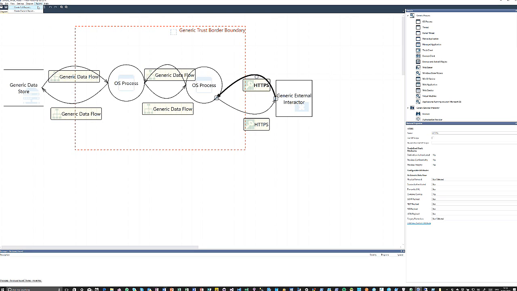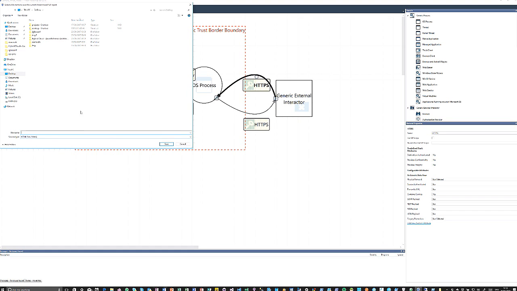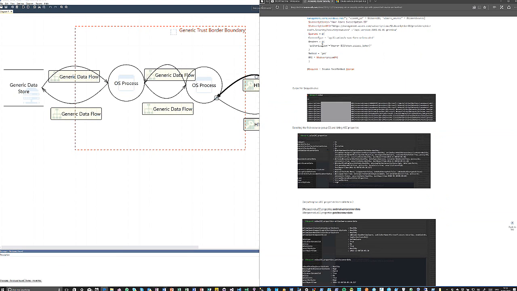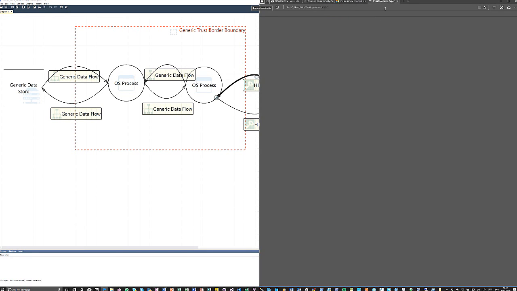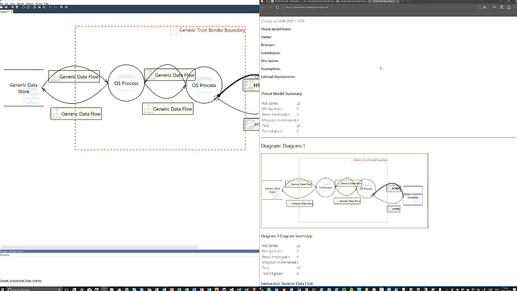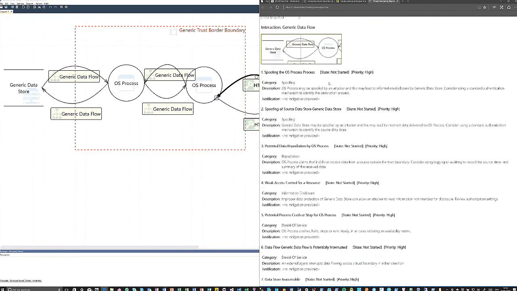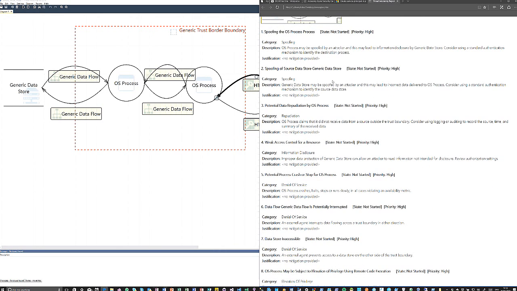So if I just go to reports here, and I create a full report, generate it. I'm just going to put this where all my important data is going, on my desktop. So, demo igloo. If all goes well, it should open it. And here we go. It will generate a report with a status of everything which has been started or not, and what kind of things are prone.